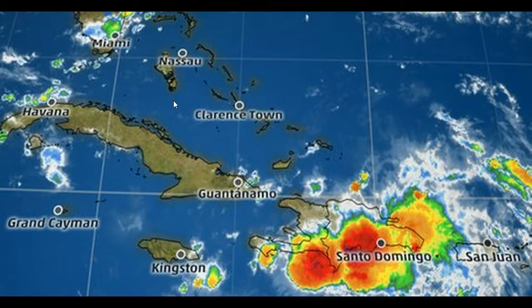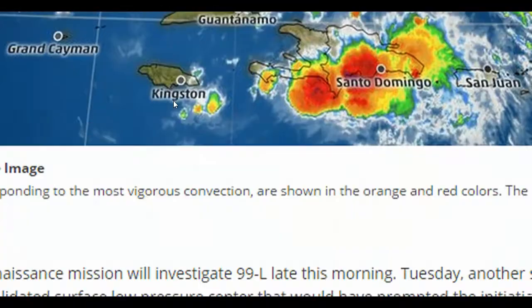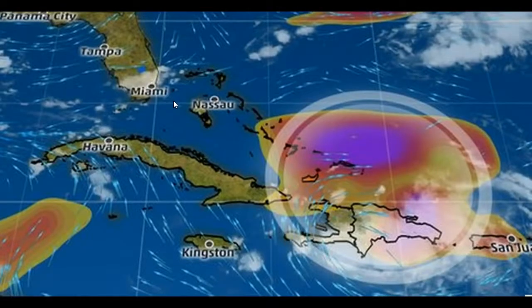Now, this is gaining energy. It has winds of around 45 miles per hour right now. When you look at the shear here, you can see the winds are pushing this right up toward the Bahamas area. This is heading right toward southern Florida. Now, this will pick up the name of Hermine. Tropical storm Hermine,